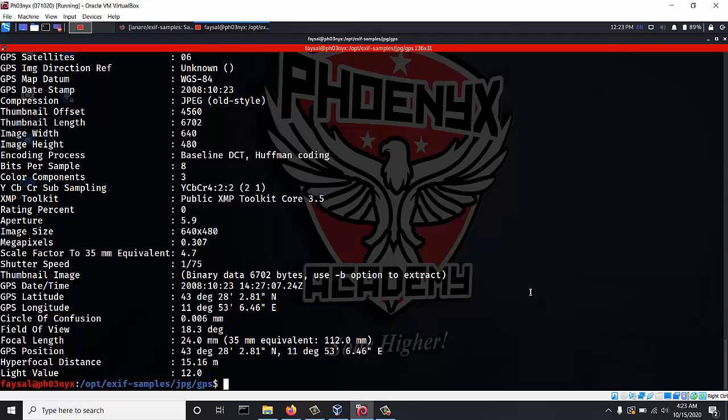We can see the GPS latitude, 43 degrees, 2.81 degrees north, and then we can see the GPS longitude, 6.46 degrees east. And then also GPS position, as I've said earlier, is a combination of the latitude and the longitude. Okay, so this information now, we could have just copied this and then gone to our browser and located